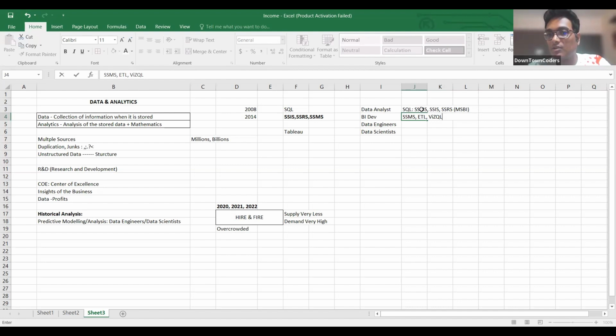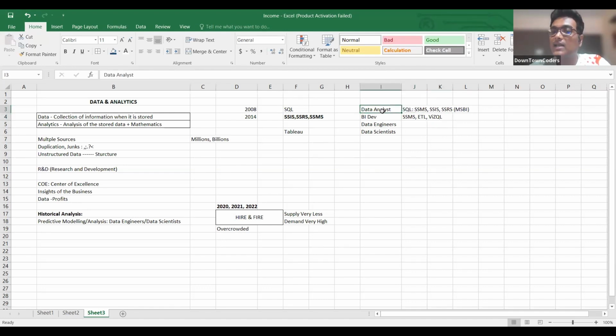All these applications which got replaced with Tableau and Power BI are nothing but SQL running at the backend. The database that Tableau uses at the backend is PostgreSQL. Whatever drag and drop you are doing, there is SQL getting generated at the back. You do not have to write the code now. You just have to drag and drop it. The code will be written automatically at the back. So your responsibility is the same as a data analyst. SSIS got replaced with ETL tools, SSRS got replaced with VizQL. However, if you check, your roles and responsibilities are absolutely the same.